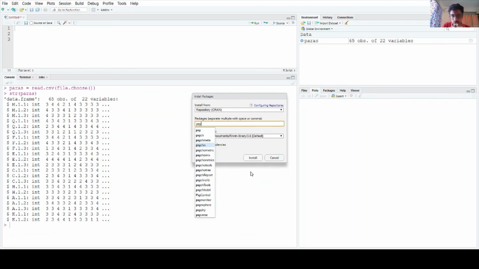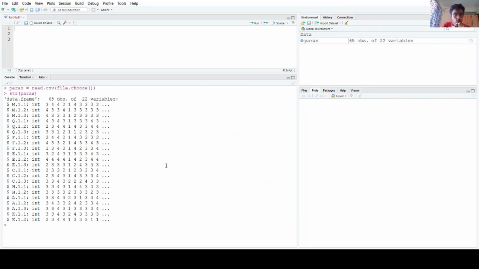Since I have already installed it, I won't be doing this again. After this, you call that package from your library by typing library(psy) and hit enter. Okay, so now you have the package loaded in your console for this particular test.